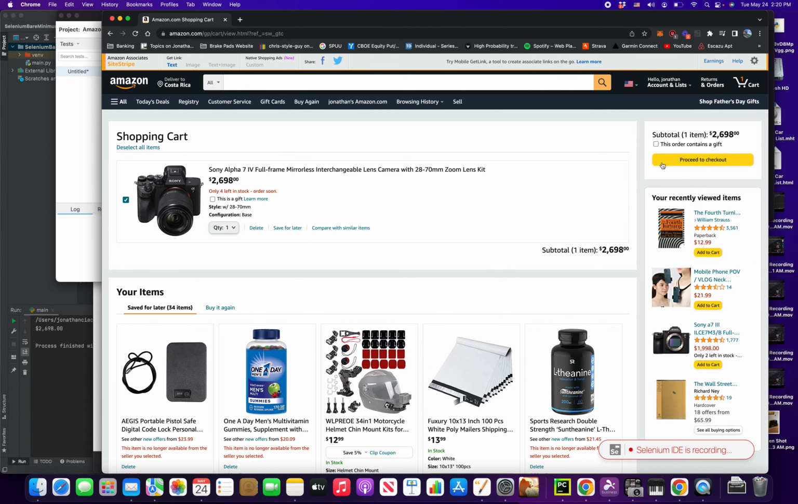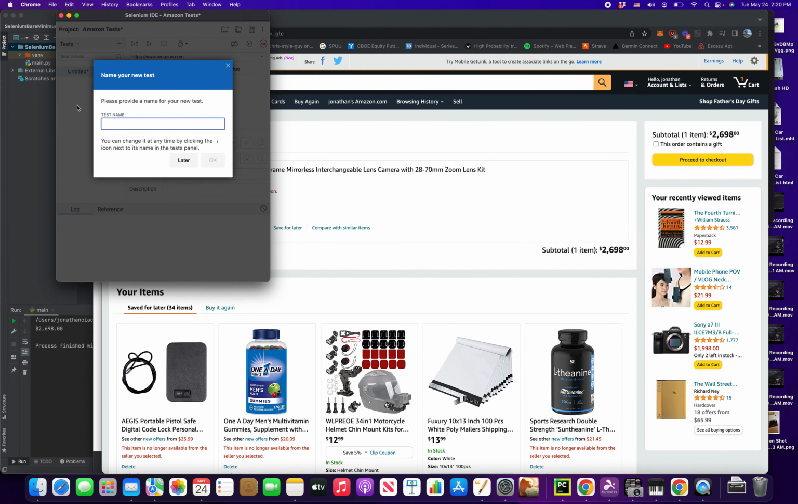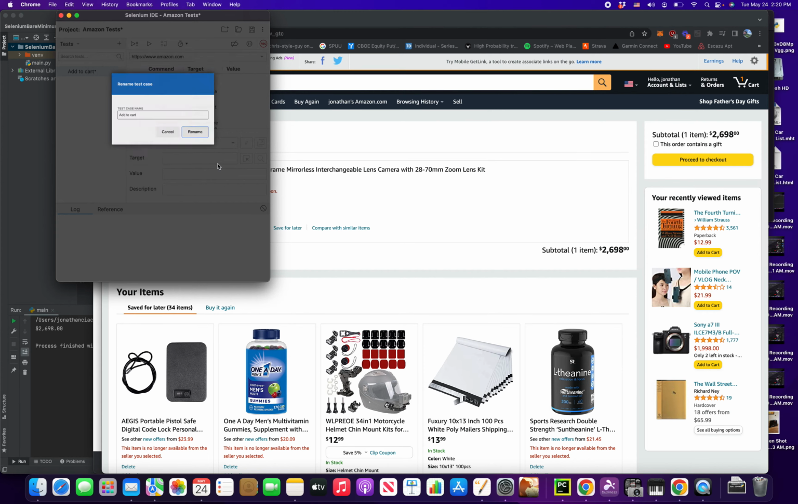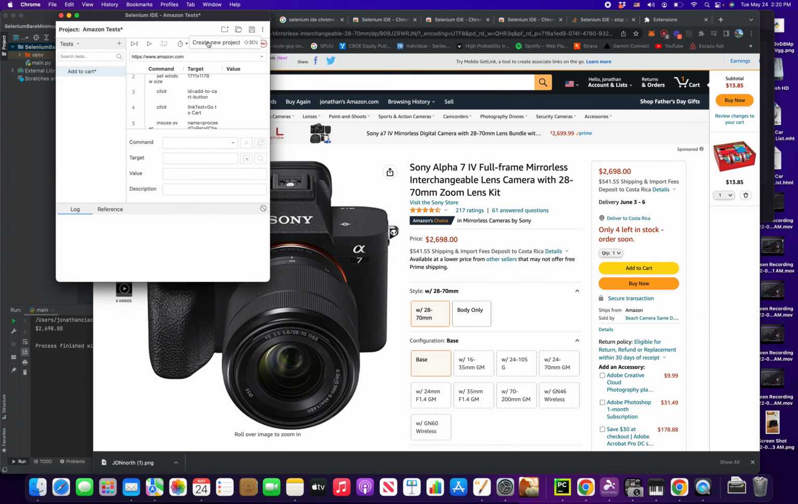Cool. To stop the recording, real simple, press the Command and the U button, and it will stop. Once it stops, it's going to prompt you for the name of that specific test. In this specific test, we shall call it Add to Cart. Real basic, beautiful. Now let's close out of here, and